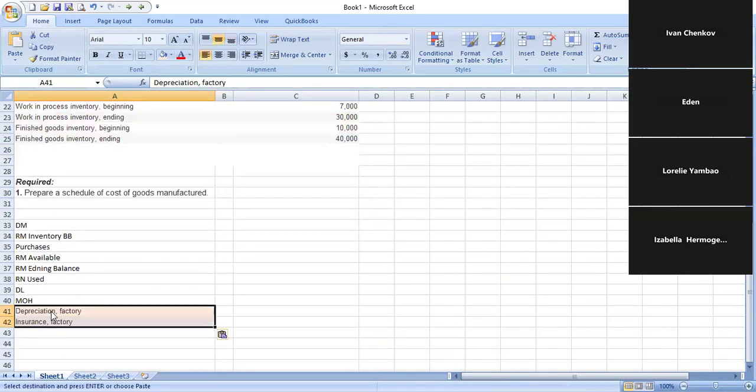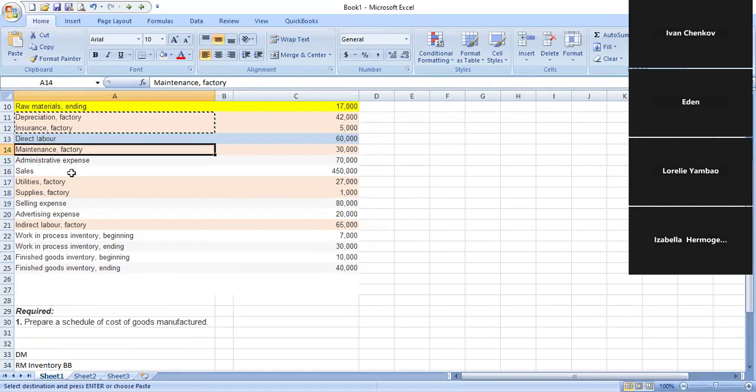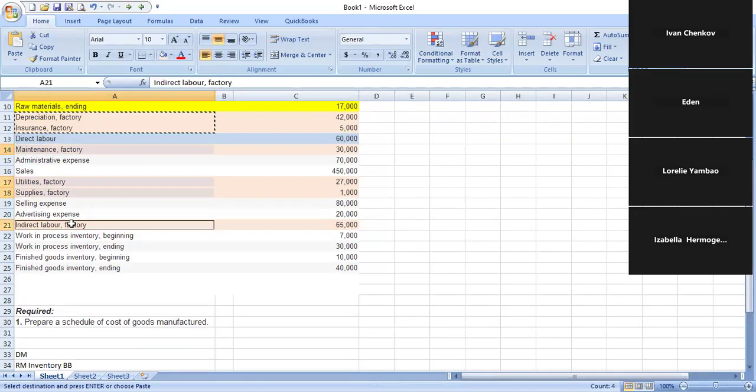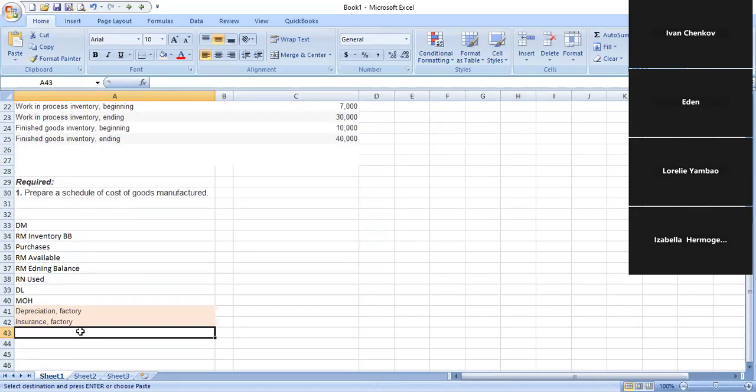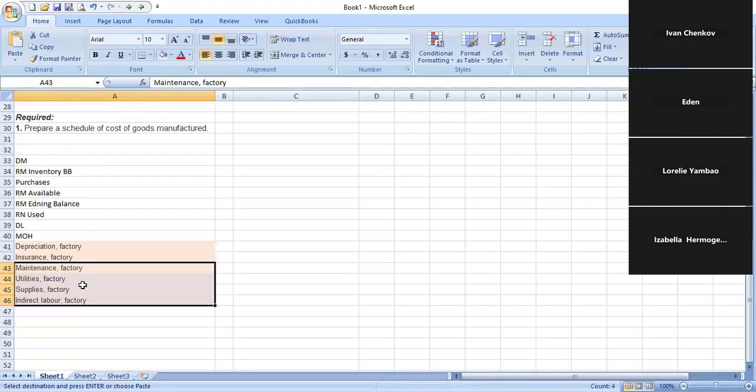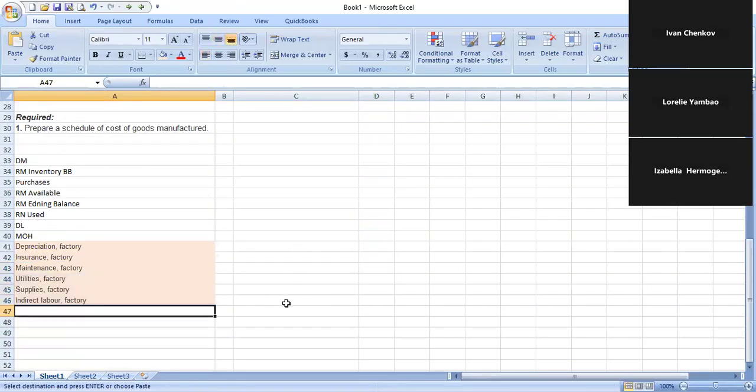That will be part of manufacturing overhead. Then I'm going to get this one, this one, this one, and this one. That's manufacturing overhead for me. Boom, I have my manufacturing overhead. Once you get the manufacturing overhead,